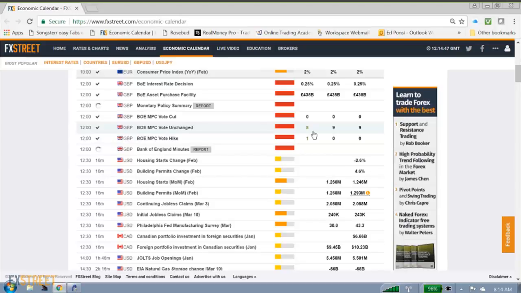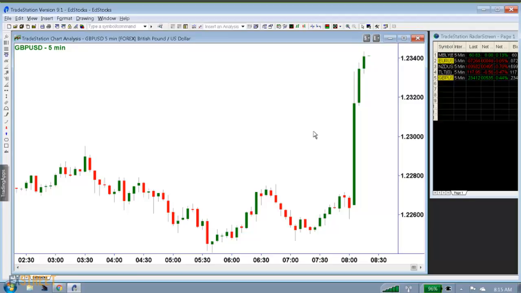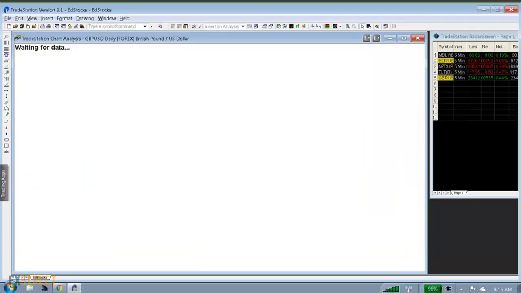The UK economy is doing well. I say just go with it. Just go with it. Thank your lucky stars that the UK economy is going well. The question is, should we short this thing? And if so, where do we short it?